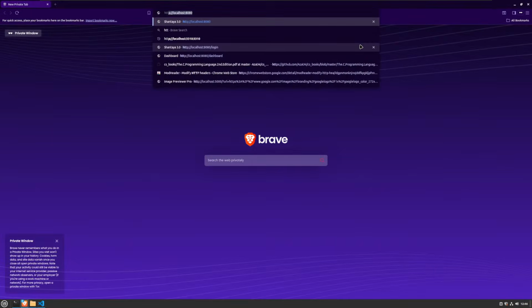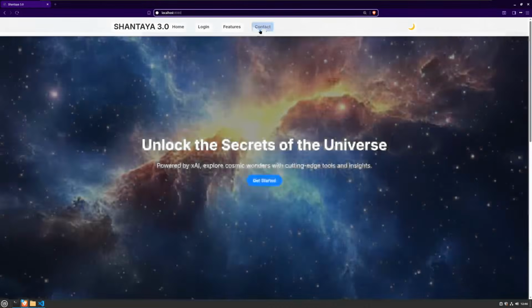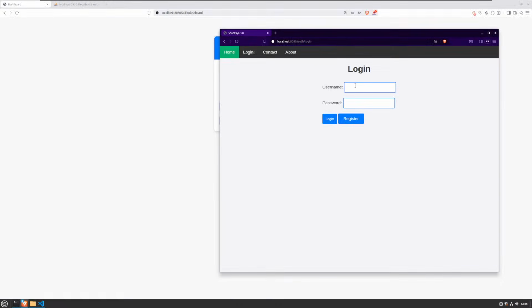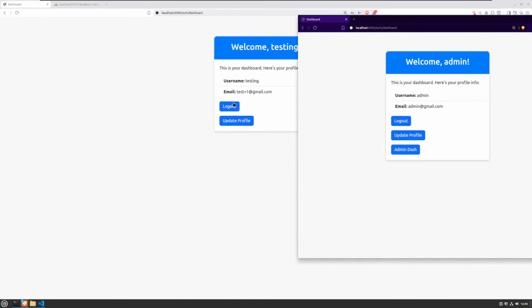Let me actually show you. This is the one thing I'm proud of. I've done this by hand also. Look, if you're a user and you don't have administrator access, it does not show you the button, right? But if you're an admin